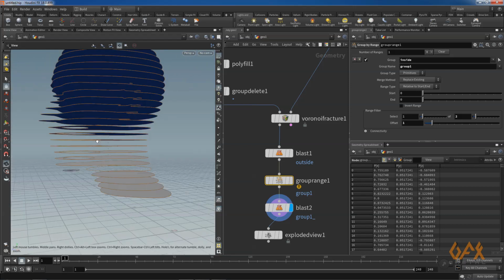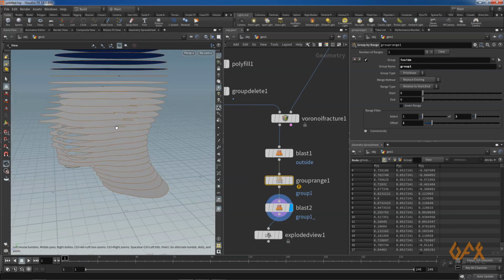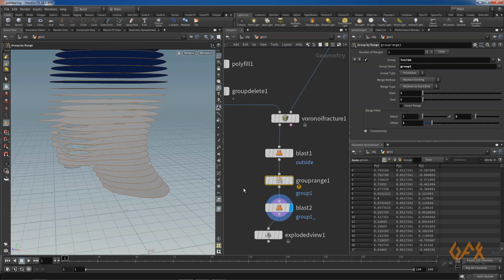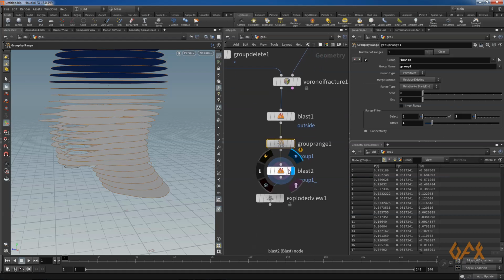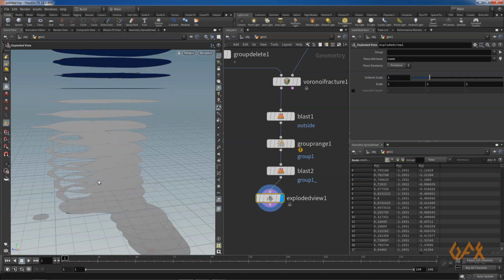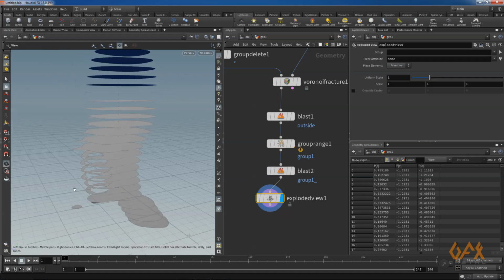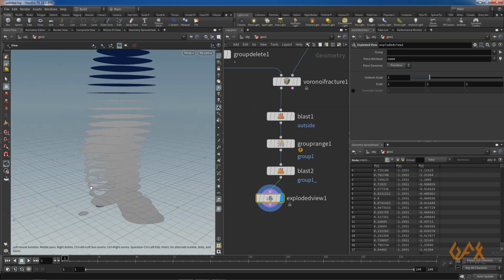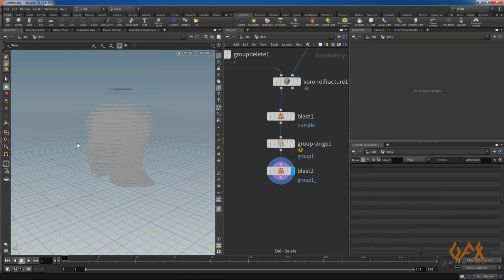That's the thing. So it deletes all, that means it selects all alternate primitives in that group, and it's stored in group number 1, and through blast I just delete that particular group. Now you see, if you expose the thing, it gives me a result like that. Okay, so now I don't need this exported view, so I just select and delete it.